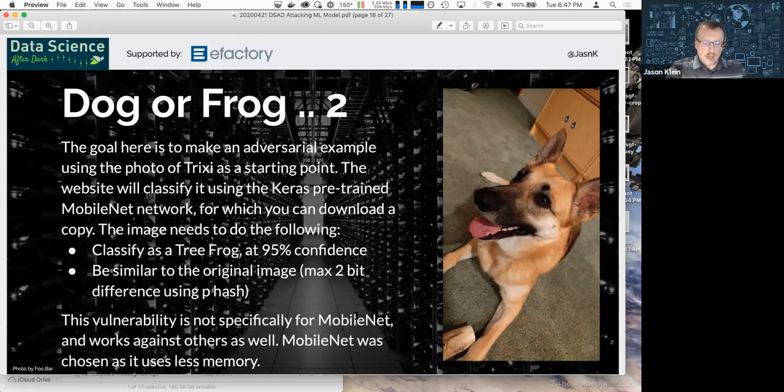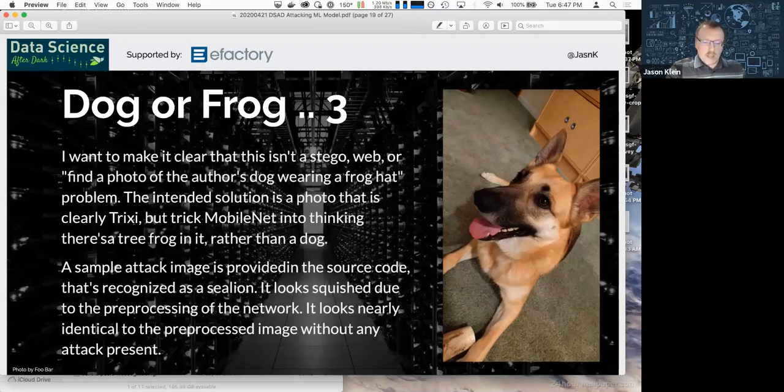It was pretty clever how they put this together, but they wanted to point out that this attack or vulnerability can be applied to pretty much any machine learning model, and it wasn't specific to MobileNet, which is a very, very slimmed down version of ImageNet. They just went with this for the sake of everyone's sanity, because it uses less memory and requires less horsepower to generate a solution. They went on into a little bit more detail, basically explaining what I'd already said: you're not trying to embed a frog picture in the dog. It's a more interesting solution than that.